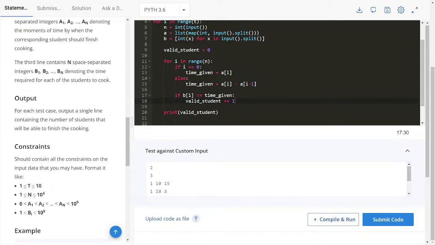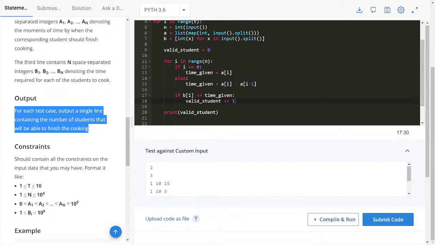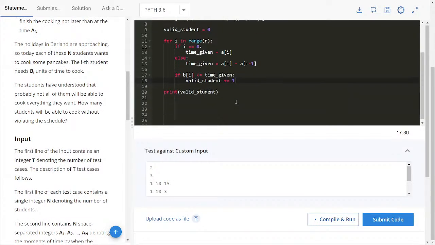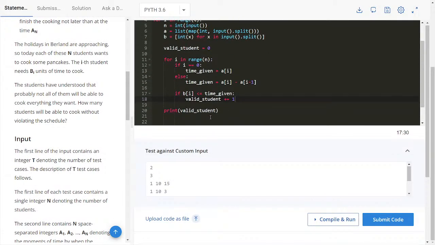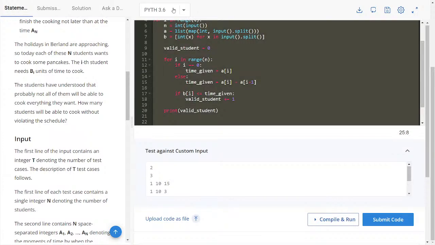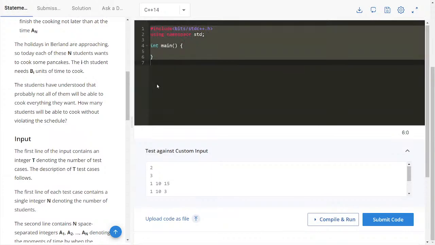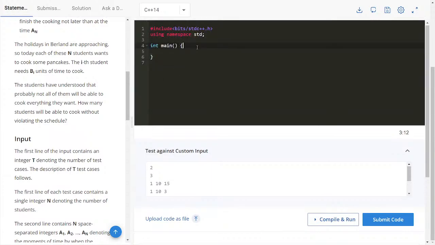Here we can also read, for each test case output a single line containing the number of students that will be able to finish the cooking. So basically this many students will be able to finish the cooking and this will be done. Similarly, let's just copy this and head on to the C++ code. So C++ 14, we will add here